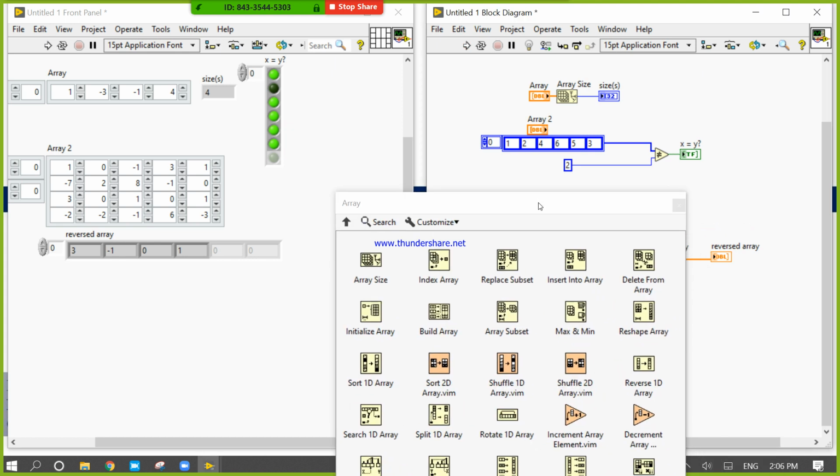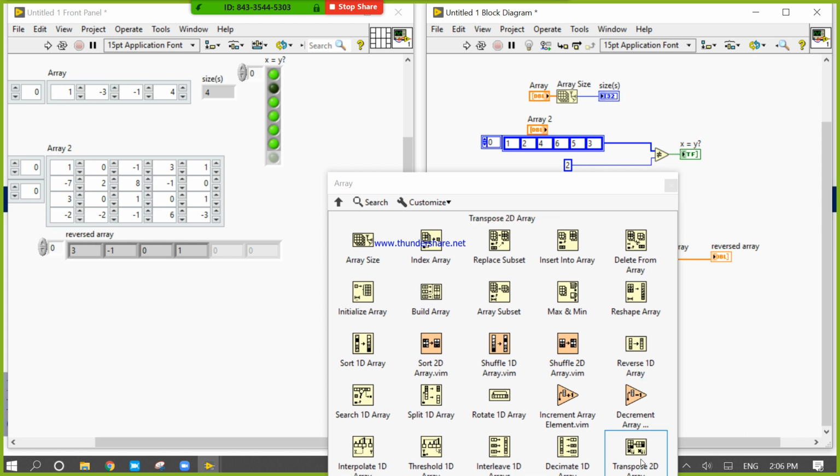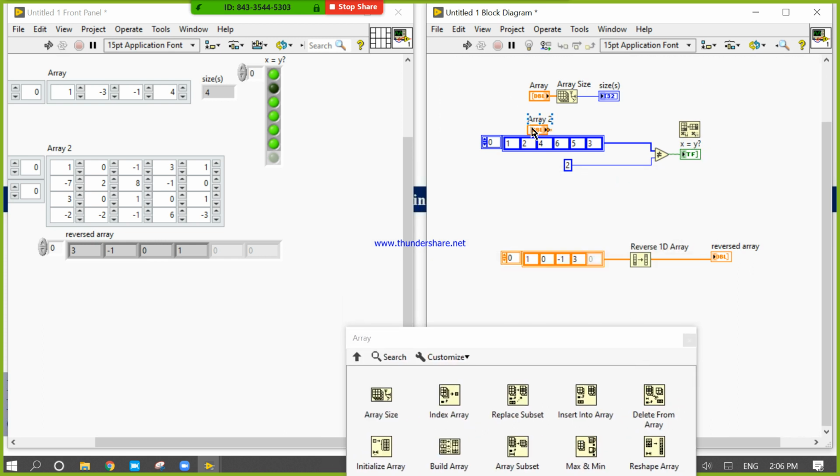There is one more function, transpose 2D array.